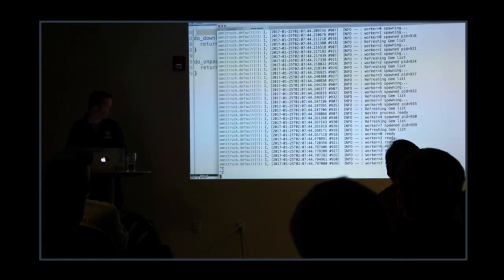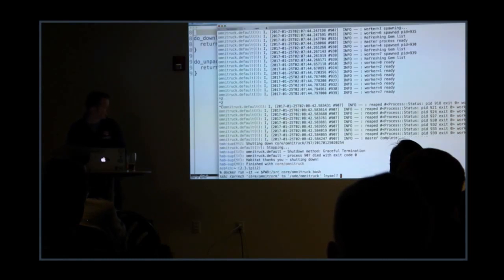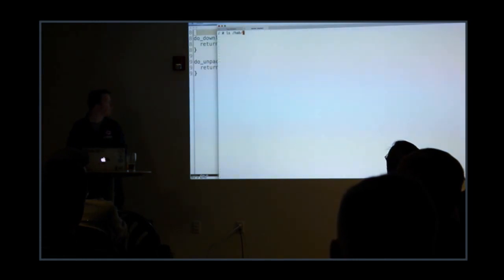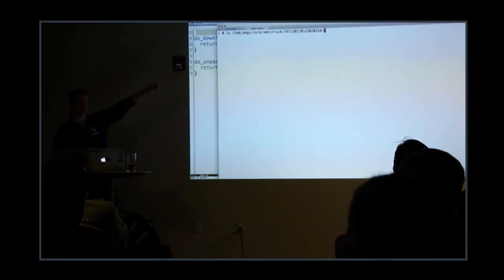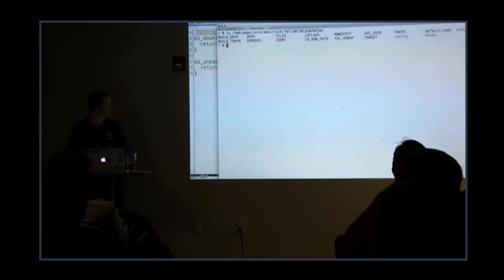Oh, I can't suspend it because it's running in Docker directly. So let's go into a bash. So 797 was that version that was calculated automatically in the plan, right? If you had a version 3.2.1 or whatever, that would be whatever the version of your application or the package you're working with is. So if we go in here,